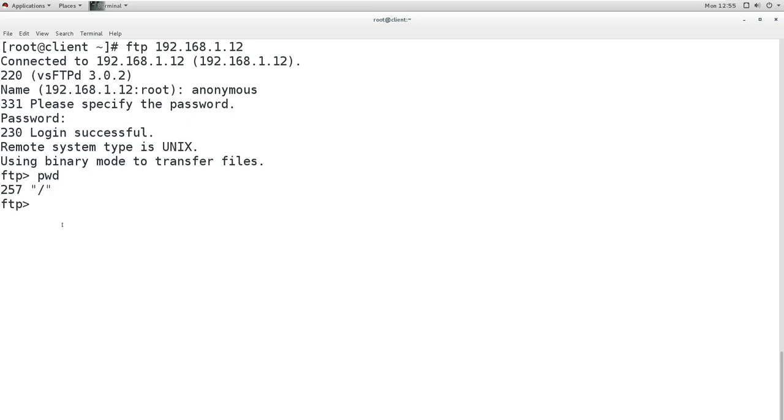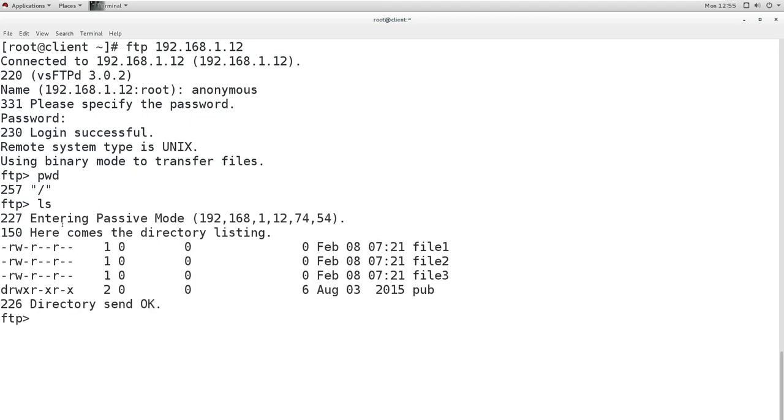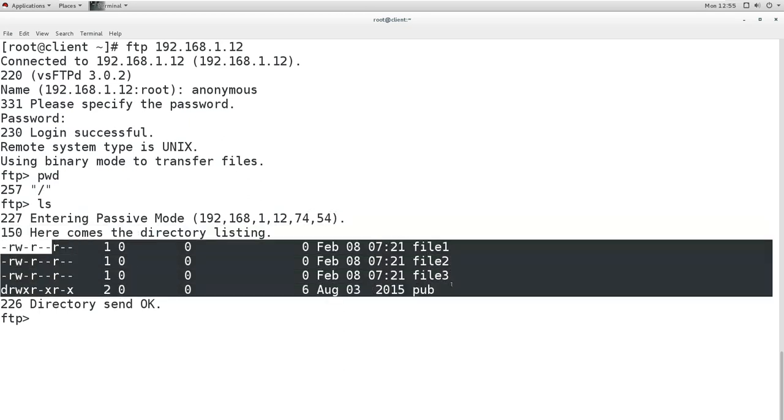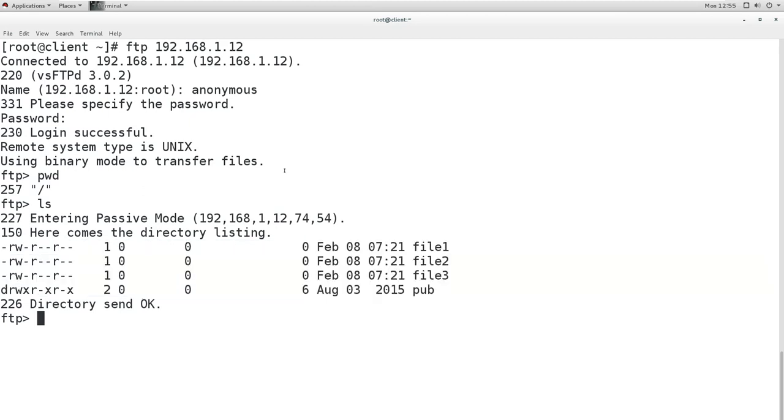What is the FTP root directory? If I check the ls command, it is showing that I have these files and this pub directory, and these are under the FTP directory. So when you access it from the browser, it accesses it without user and password, because by default the browser accesses it as the anonymous user. And whenever you access as the anonymous user, I am accessing from the command line, and again I am using the anonymous user, so it goes by default to the FTP directory. It will take you to that FTP directory.